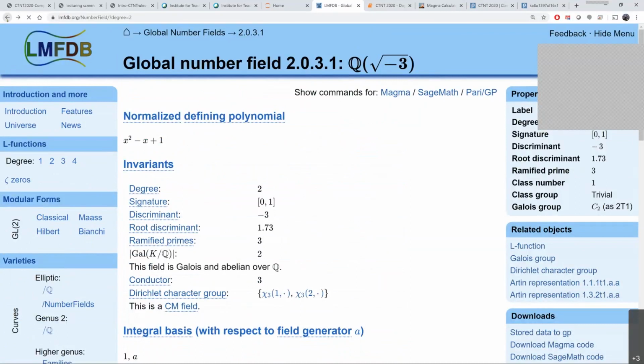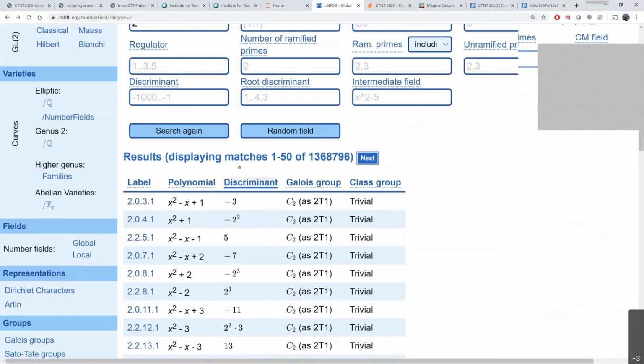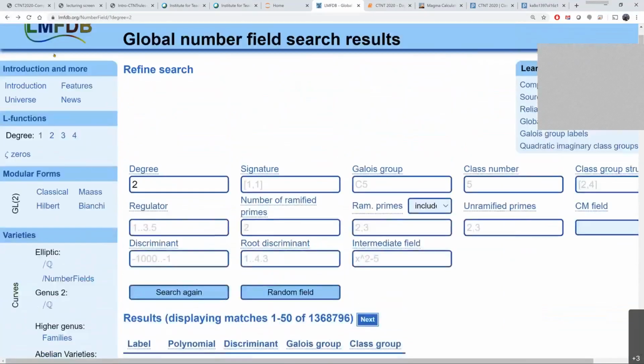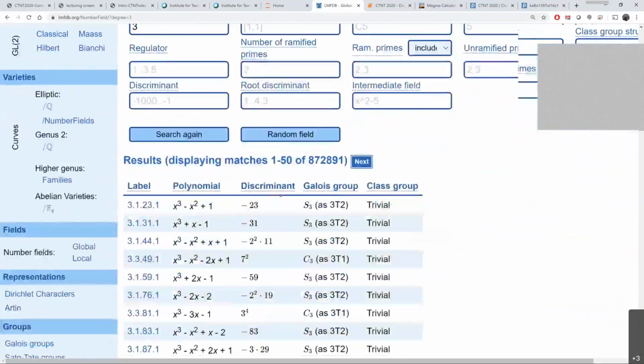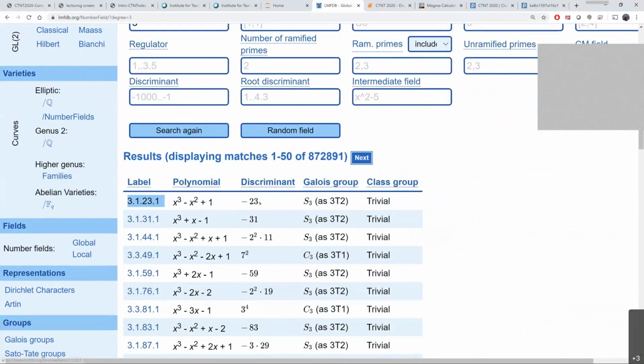But you can do that in other degrees. For example, I can look up number fields of degree 3 and see which number field has the smallest discriminant that appears in the tables, which in the LMFDB, the tables are